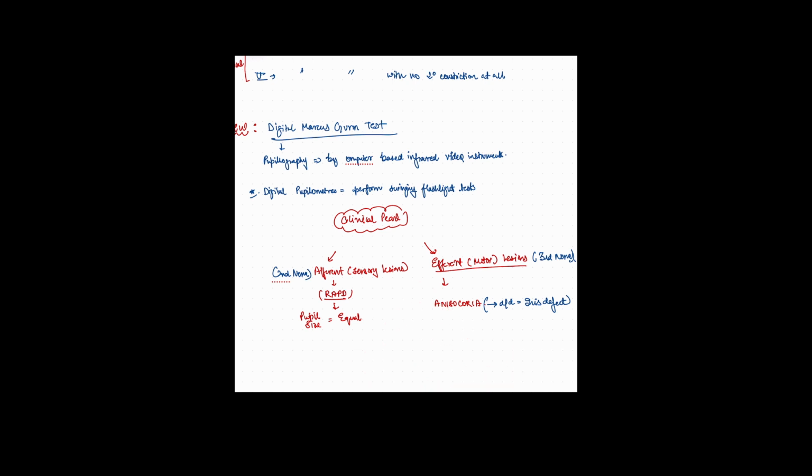So if there is anisocoria, you cannot say it is a relative afferent pupillary defect because it most probably is an efferent defect, a third motor nerve defect. And what will be the differential diagnosis of anisocoria? There could be iris defects, sphincter damage, torn irises, transillumination iris defects, which can also cause anisocoria.